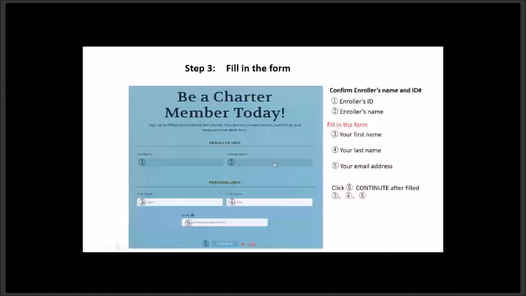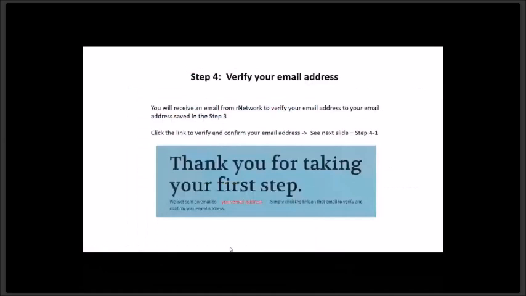would really mess things up. So once you have that, then you click on continue. It will then send you an email. Okay, so it'll tell you, thank you for taking your first step, and then you'll need to go and check